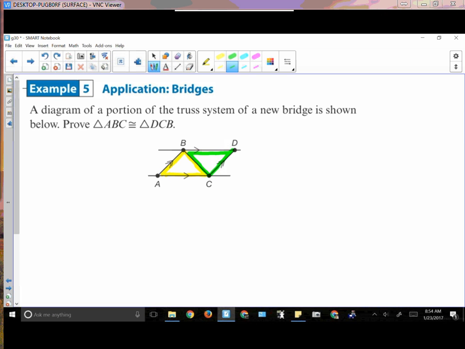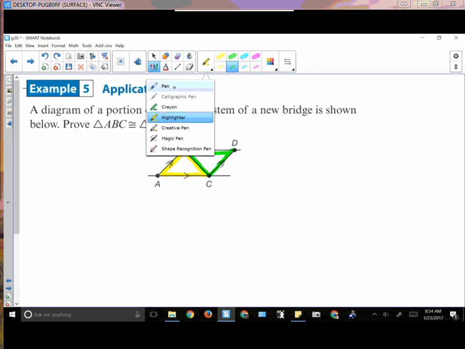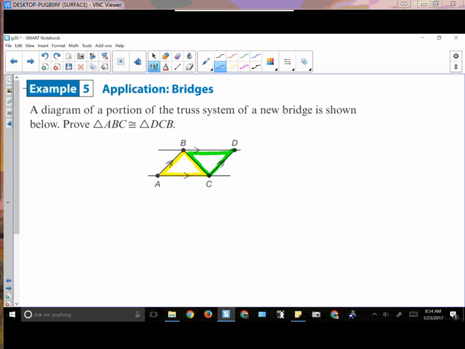Now, do I see anything with midpoints? Do I see anything with angle bisectors? Do I see parallel lines? Yep, I do see parallel lines. So what I want to do is try and go through and get things that could be the same here with them. Also, do I have a side that they share in common? Okay, so as I go through this then, what I'm going to do is say that,